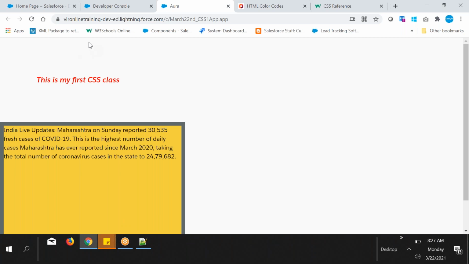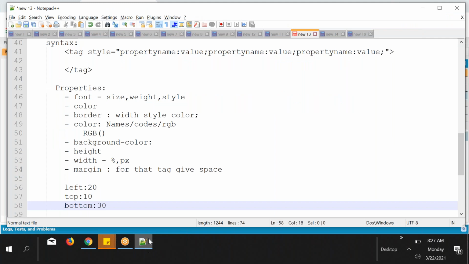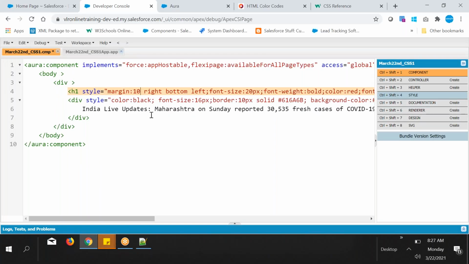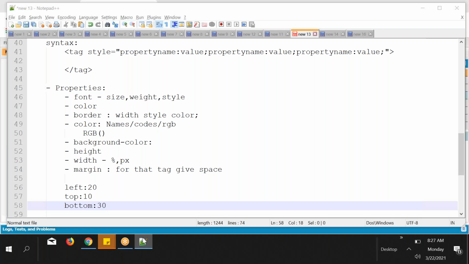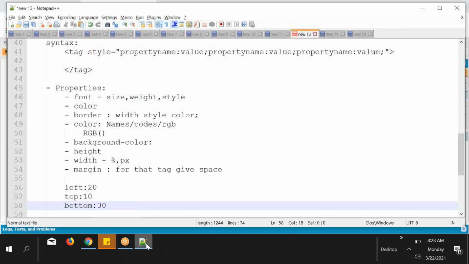So in this order you need to give the values: first top 10 pixels; next right, you can take anything, not a problem, since it won't be considered here; next bottom 30 pixels; and next left 20 pixels.